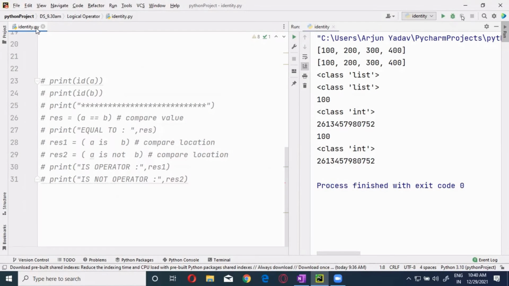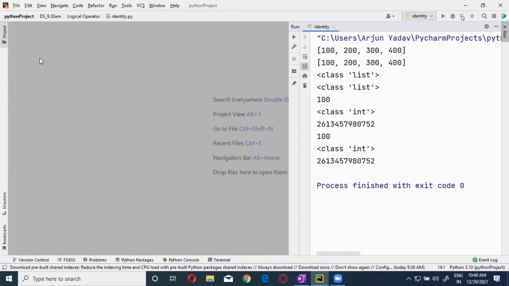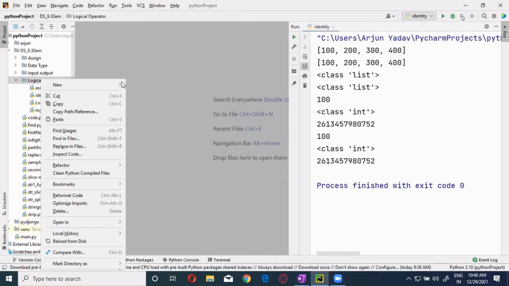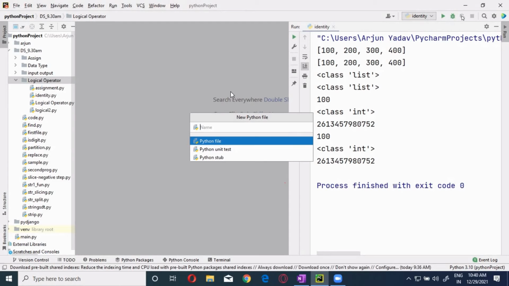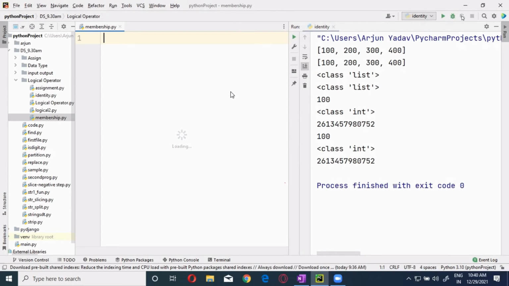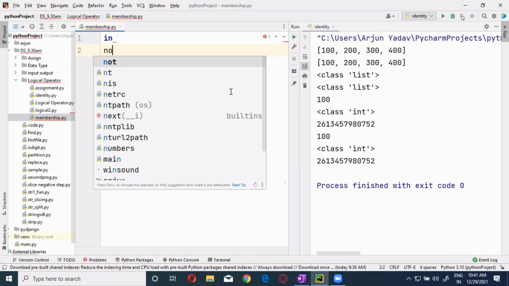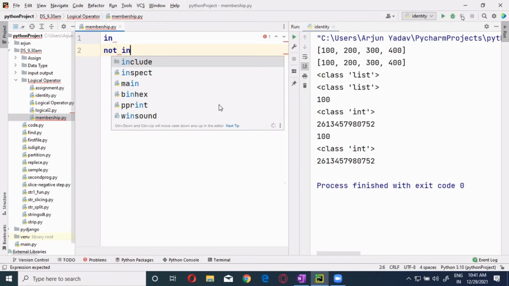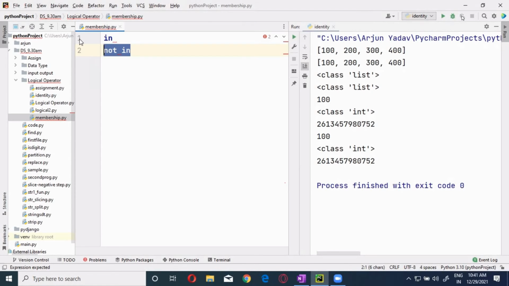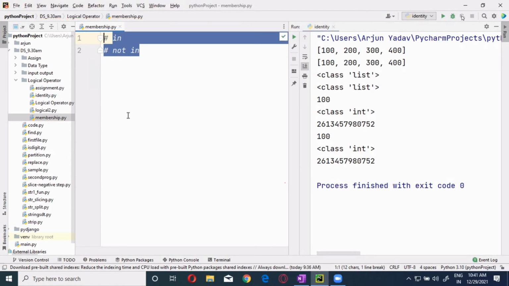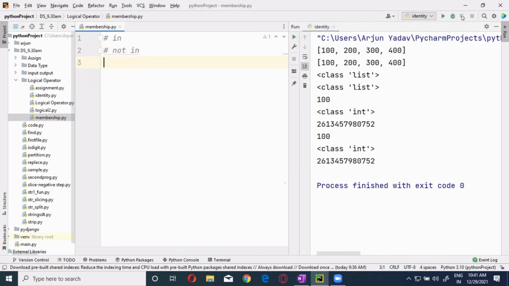Now, there is one more called the membership operator, guys. The in operator is called the membership operator. In and not in both come under this. In is very, very important, not in is the reverse case. What is the use of in? It is going to identify whether a particular value is there inside the sequence.